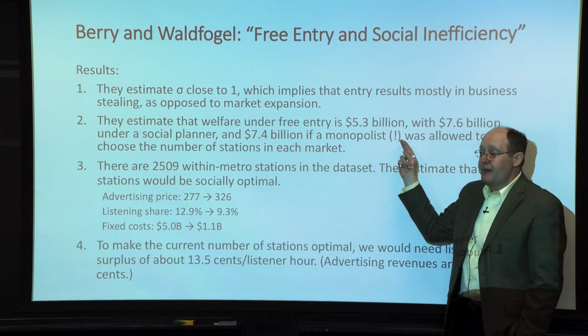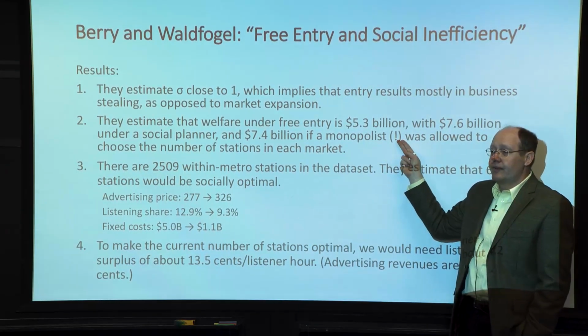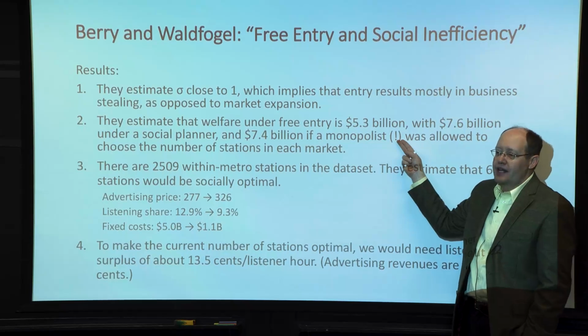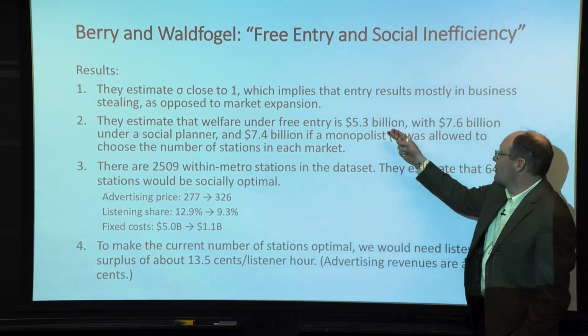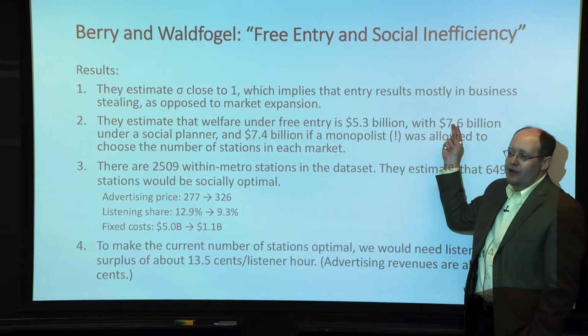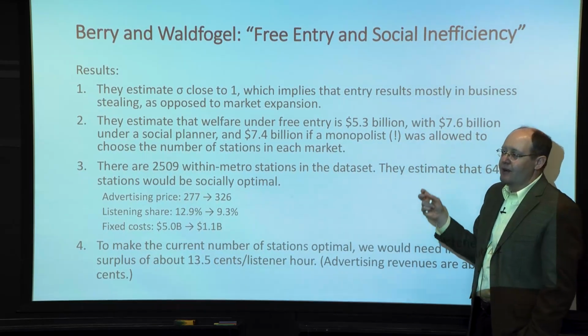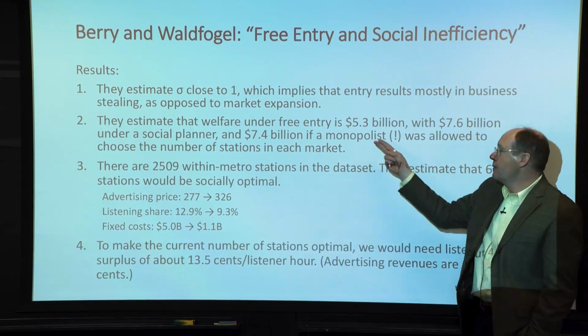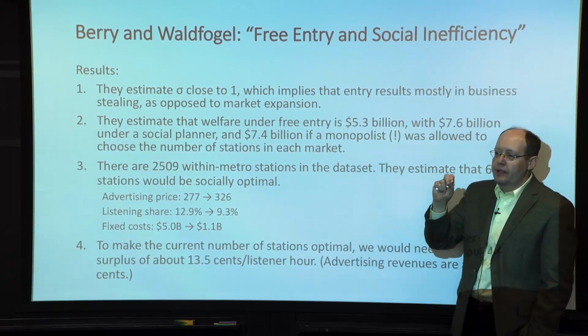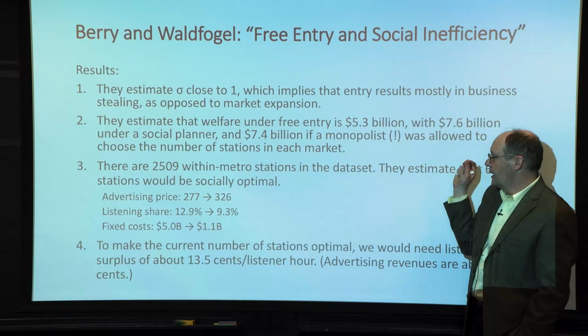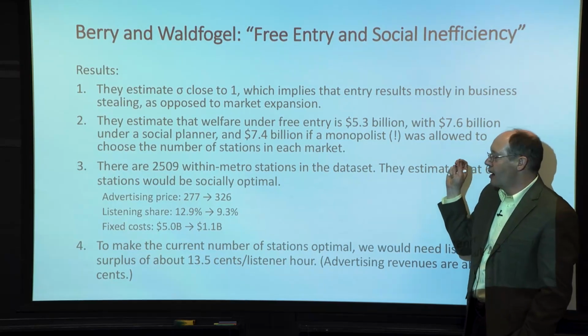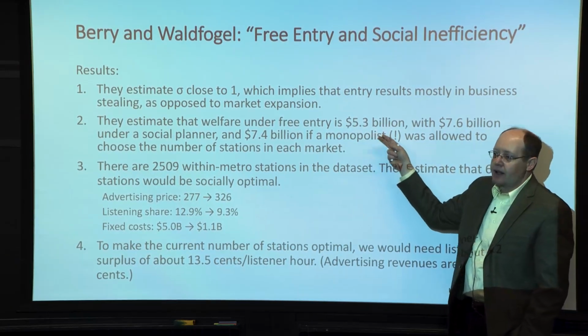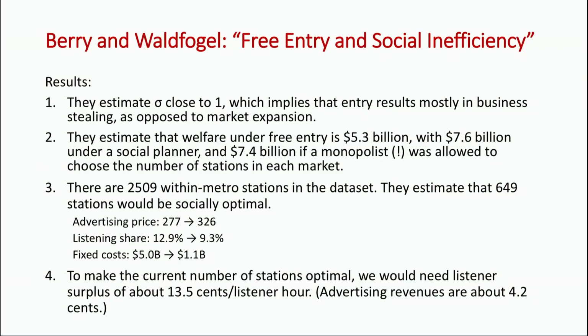If we even had a monopolist, so there was just one firm that had a unique license to operate all radio stations in each market, and that monopolist could operate as many stations as it wanted, we would do almost as well under a monopolist as we do under the social planner. So their estimates sort of imply that we want very few radio stations. A monopolist wouldn't open just one. A monopolist would open 3 or 4 or 5 stations per market. But, in some sense, the model is saying that there's just an awful lot of wasteful duplication of fixed costs, and we could get by with many fewer radio stations.